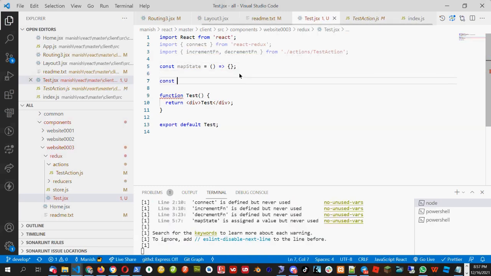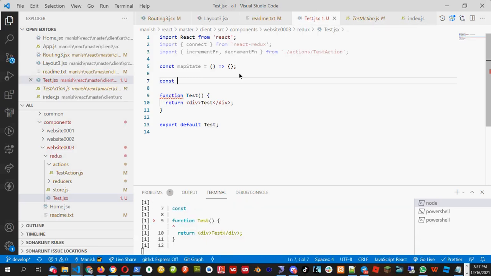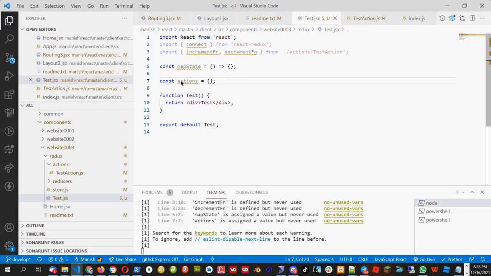And then you need to create another object, and this object is called actions. Now this object is called action, and this is called the map state. Now what we have to do, we have to connect map state with actions to this component. And how we are going to do it? We will go at the bottom. I will write down connect,